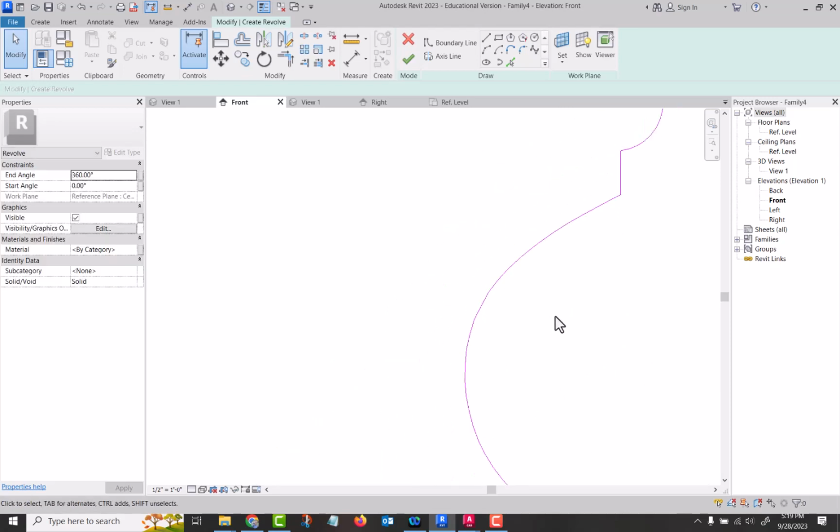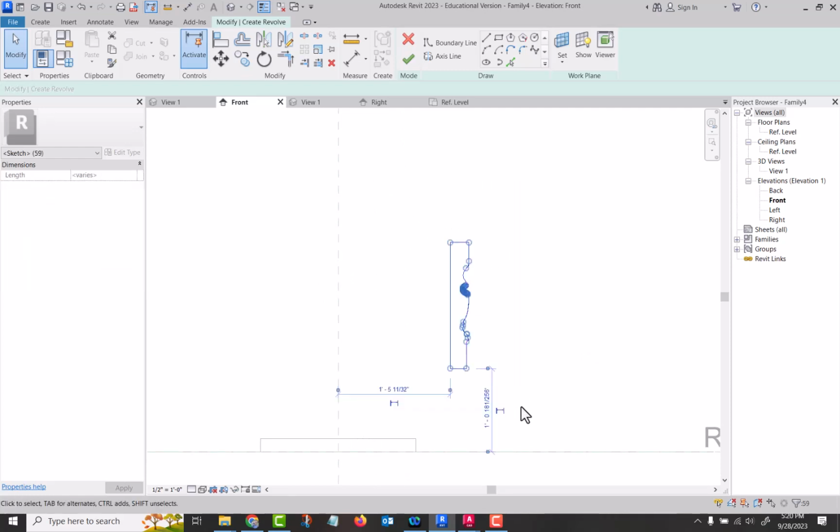We can certainly fix those here. Okay, and now we want to get it lined up onto our reference line and on this plane here. So what I'll do is I'll select the whole thing